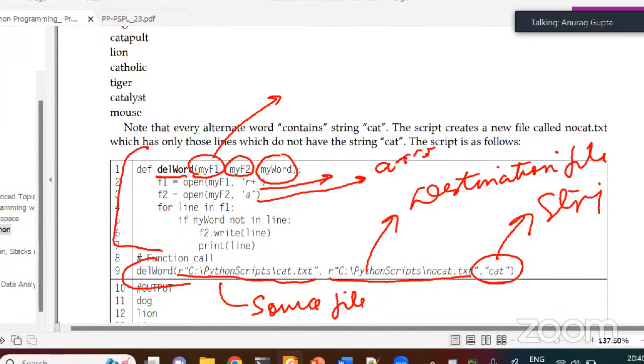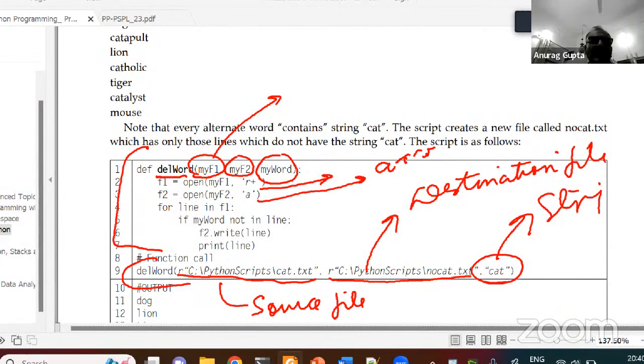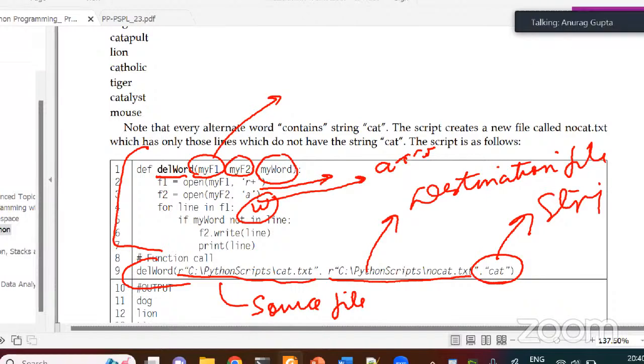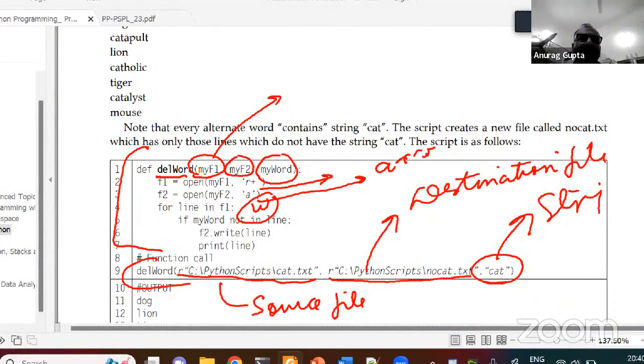Could it also be opened in write mode? Yeah, it could be in write mode. But I think if you open it in write mode, then every time you open it, it will rewrite the contents again. So it is better to open it in the append mode. I think it could work in write mode also because you're opening it only once. But it is better to open in the append mode, right? I'm not sure, you check it out. This question didn't strike me, that's why I didn't put the W mode.